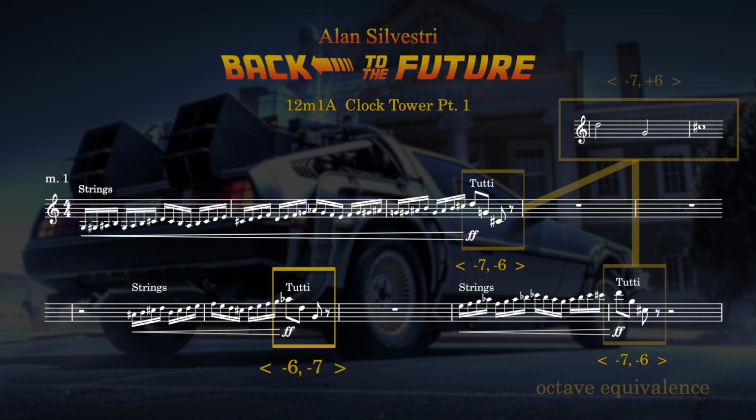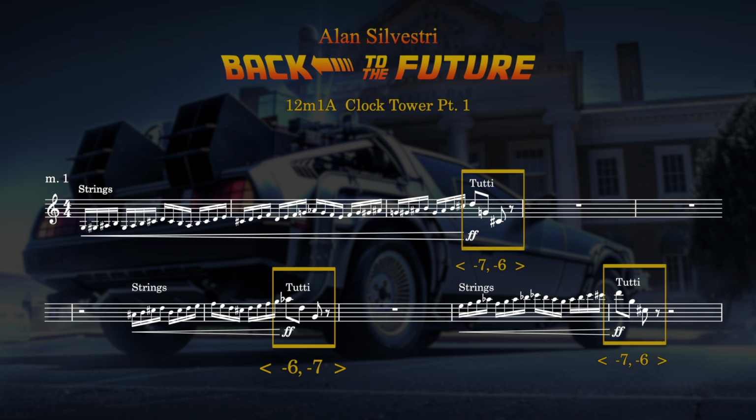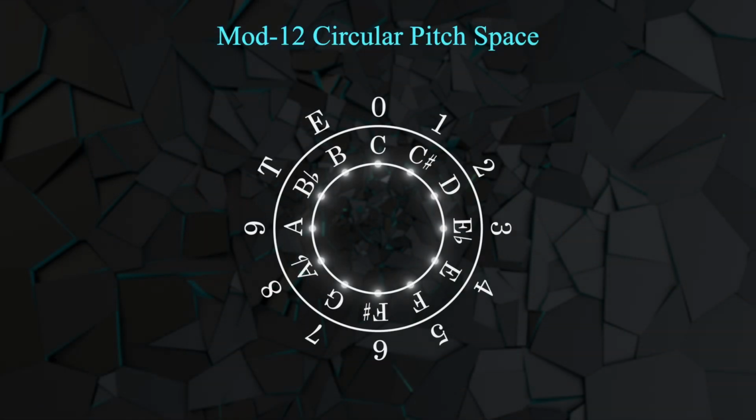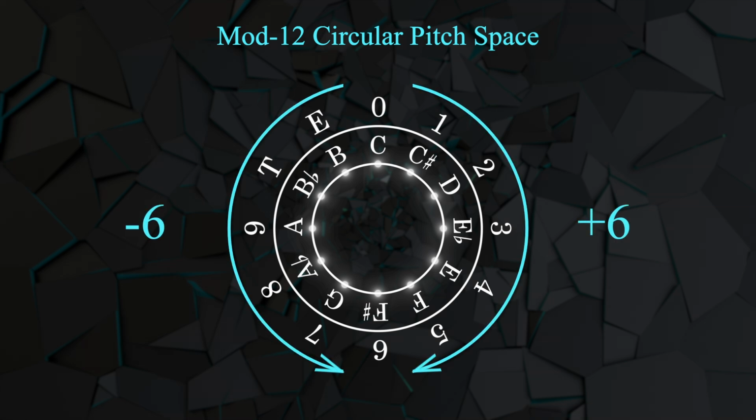If you heard that as yet another version of the same motive, then the interval order itself isn't that important either, or at least the context of the phrase rhythm and orchestration may play a bigger role than specific intervals in determining a sense of equivalence. Either way, in mod 12 circular pitch space, the intervals plus 6 and minus 6 are equivalent because they travel